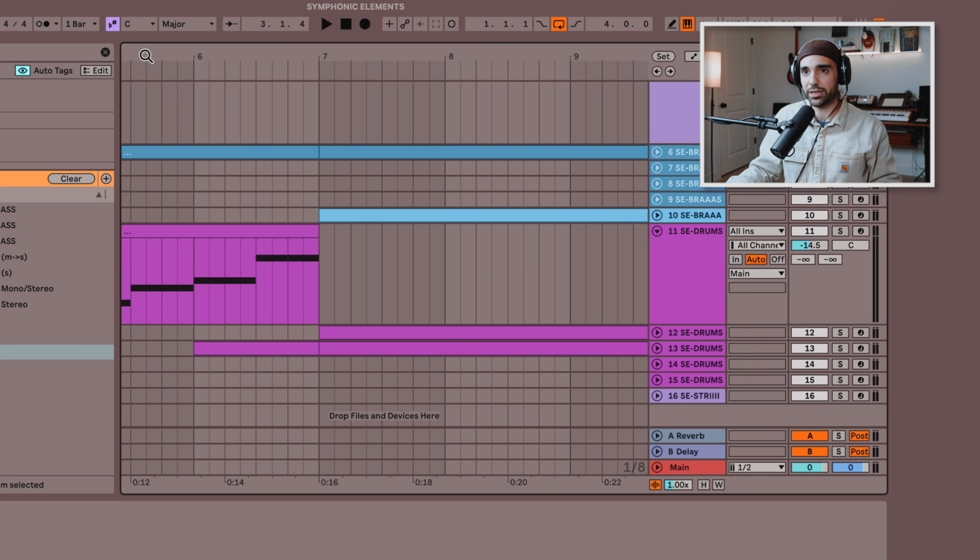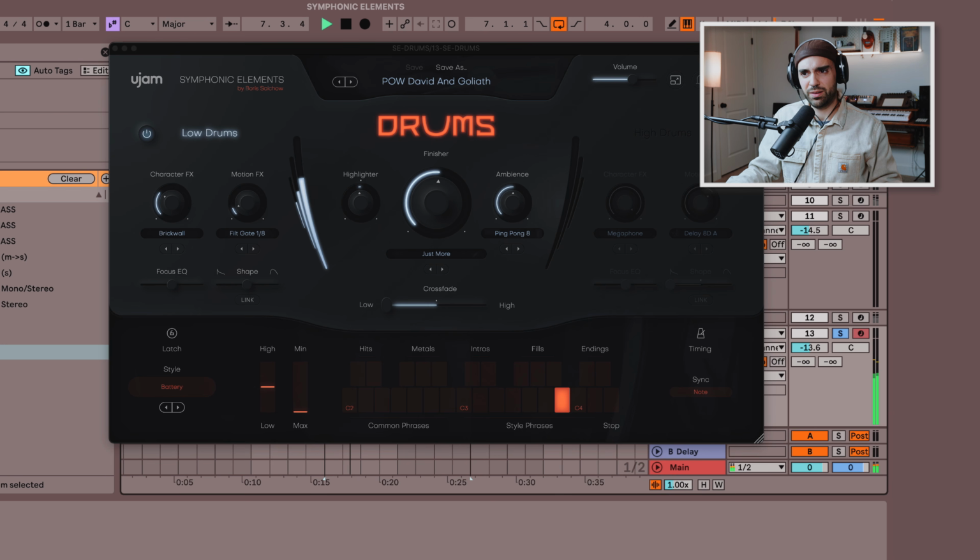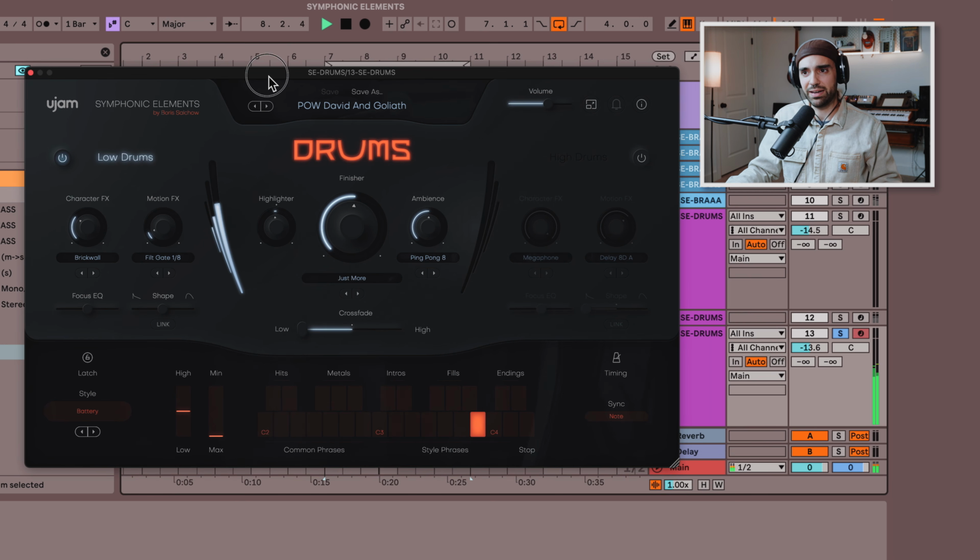And we're going to listen to a section from the demo that I played earlier. Very bombastic sounding. Now, take a look and remember everything that we just went over. We have lows and highs on either side. Notice that highs are turned off over here because I wanted to just feature the low drums and this bombastic percussion. And then look down here below and you're going to actually see a much simpler playing keyboard with common